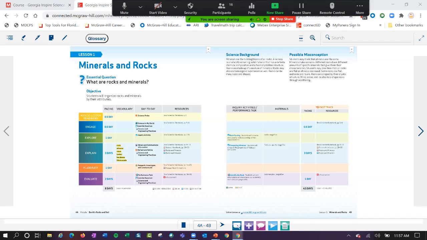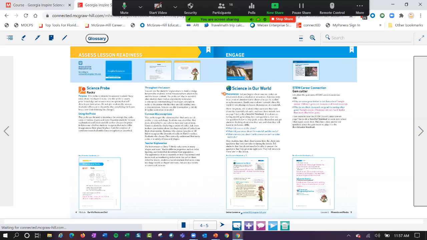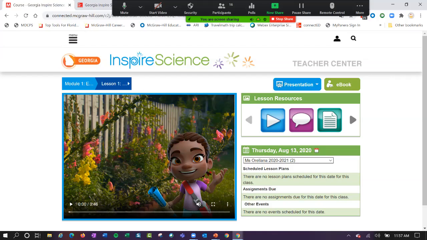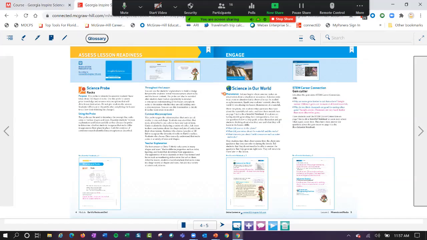Okay, so just know that again, from my teacher center, all I did right now was I clicked on this ebook here, and now it's showing me my teacher lesson plan. Now, I'm not going to go through every part of the lesson plan here. I'm not going to go through the 5 E's and what you're going to see for each one. I'll just do a quick mention here and there of things that you're going to see. But here, everything is